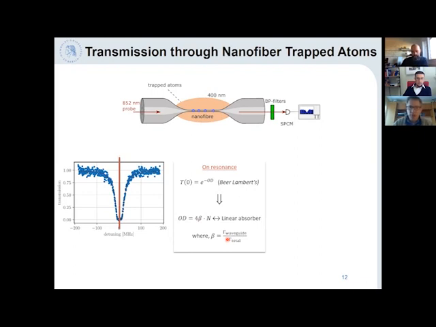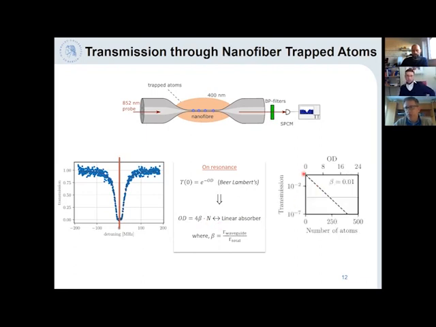So that means that we expect an exponential decrease of the transmitted power as a function of the number of atoms, okay? So this is what is given here in the semi-log plot of the transmission versus the number of atoms for such a 1% coupling strength. So 1% of the emission of the atoms is emitted into the waveguide. And you would then expect on a semi-log plot just this linear decrease or this linear dependency here of the